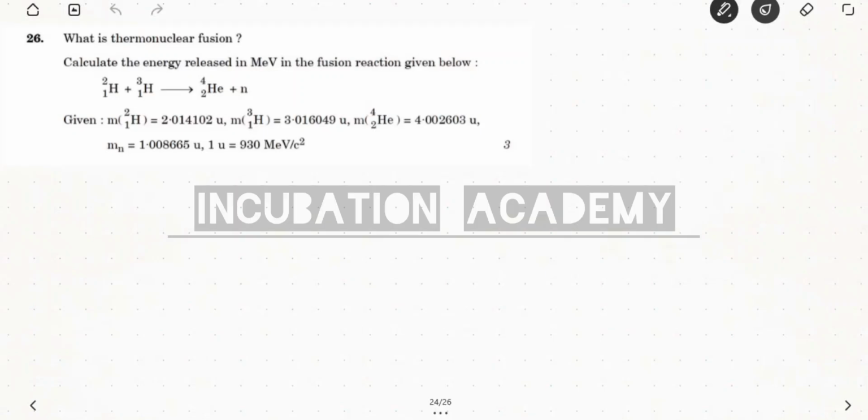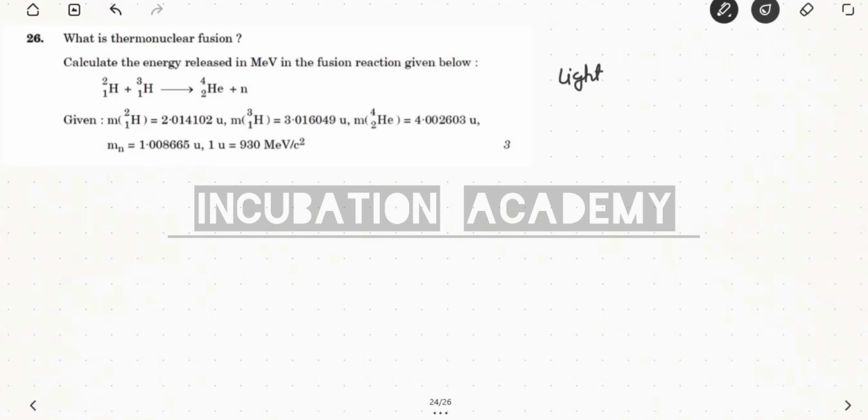Welcome everyone. The question asks: what is thermonuclear fusion? That question came in the Set 3 CBSE 2025 physics question paper. What is thermonuclear fusion? Actually, fusion occurs when two light nuclei,